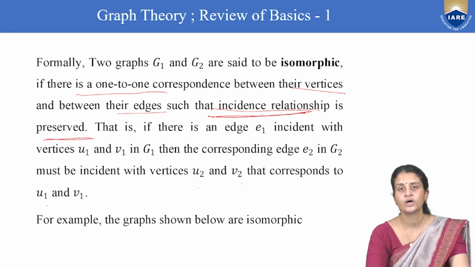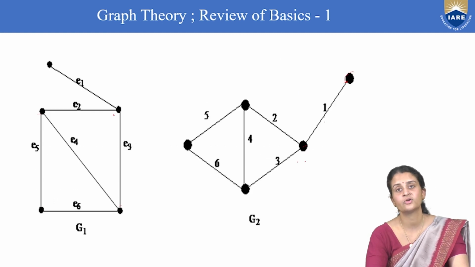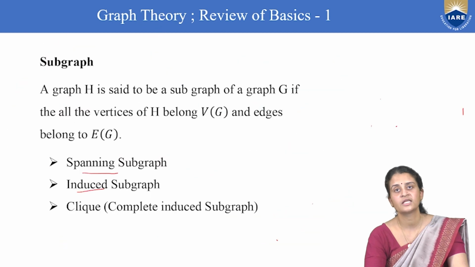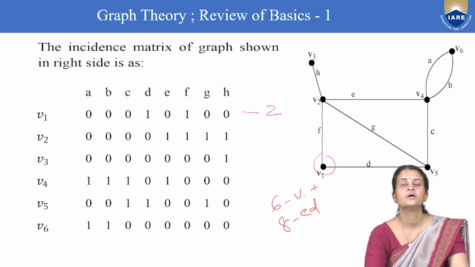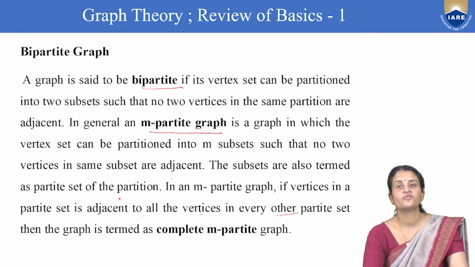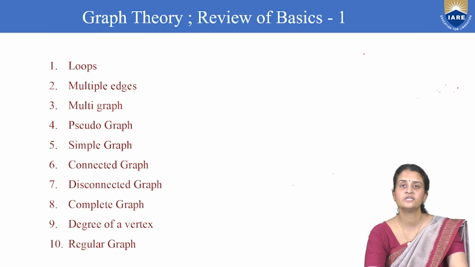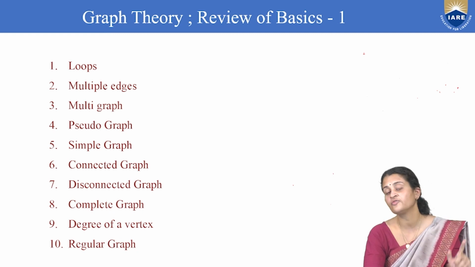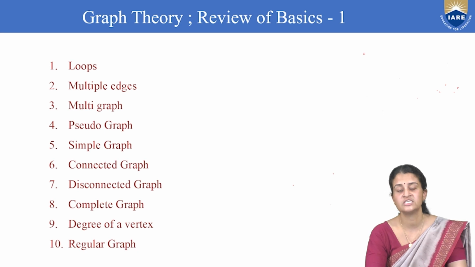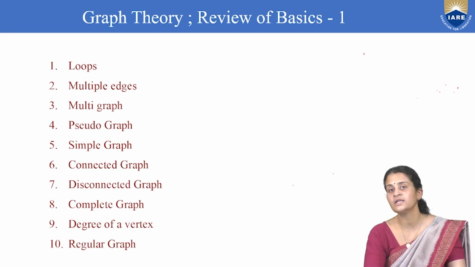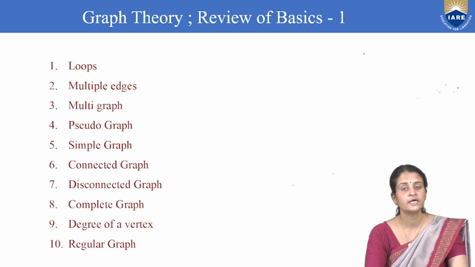Okay. Now I hope you all are okay with the terminologies that we have discussed here, from the basic definition of graph, to the terminologies we are going to deal with: loops, multiple edges, multigraph, pseudograph, simple graph, connected graph, disconnected graph. In a connected graph, we should find a path between every distinct pair of vertices. But in a complete graph, there should be an edge between every pair of vertices. Okay? And degree of a vertex,